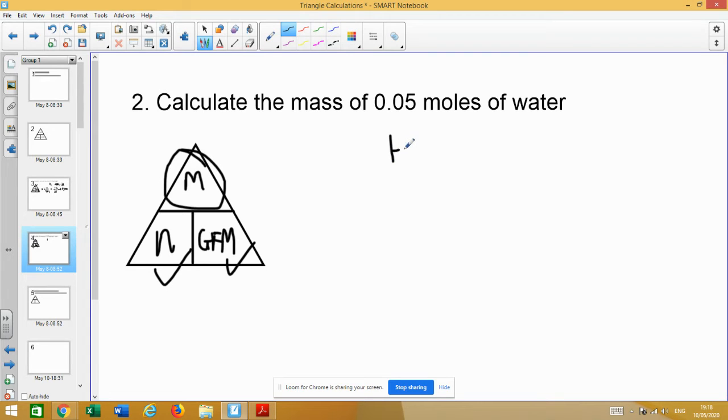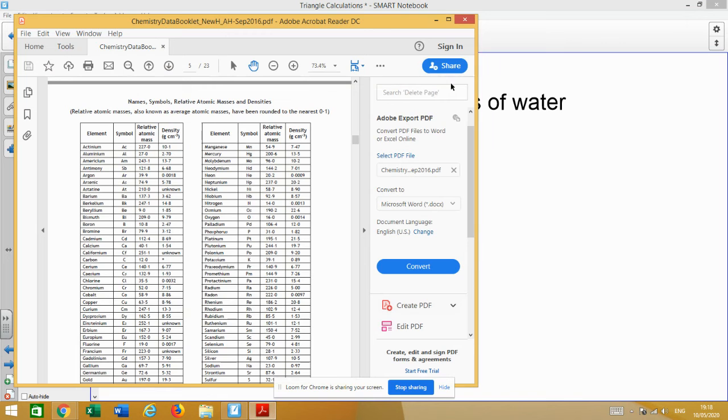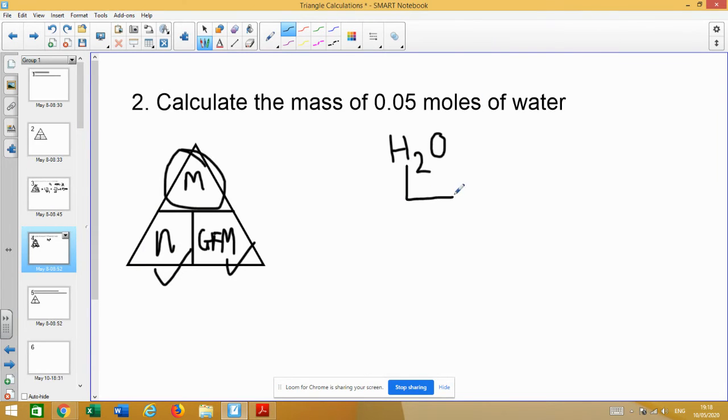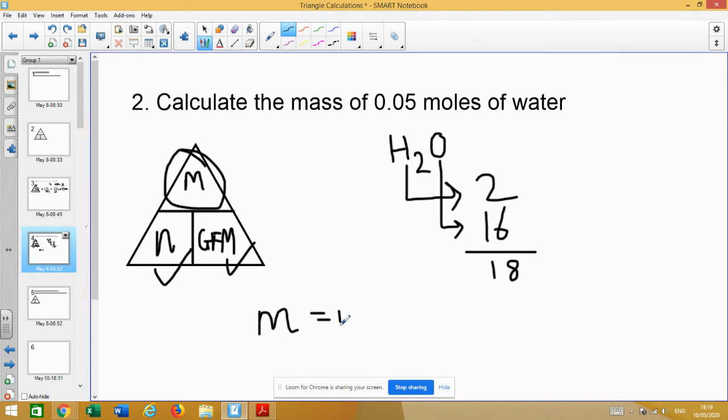So for GFM of water, water is H2O. So again, in your data booklet, if you want to check, hydrogen is 1. So we've got 2 hydrogens, so that's 2. And oxygen is 16. So water's GFM is 18 grams per mole. And then to work out the mass, this time, because this is on the top of the triangle, we times the 2 bottom things in the triangle. So number of moles times GFM,